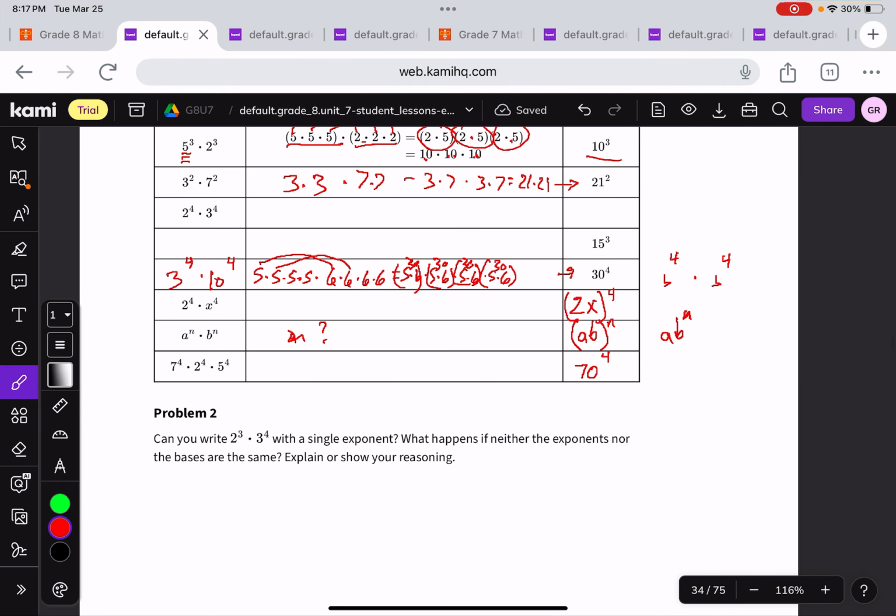Can you write 2 to the third times 3 to the fourth with a single exponent? What happens if neither the exponents nor the bases are the same? Well, the only way we could possibly do this, if the bases aren't the same, because this would be 2 times 2 times 2 times 3 times 3 times 3 times 3, you could